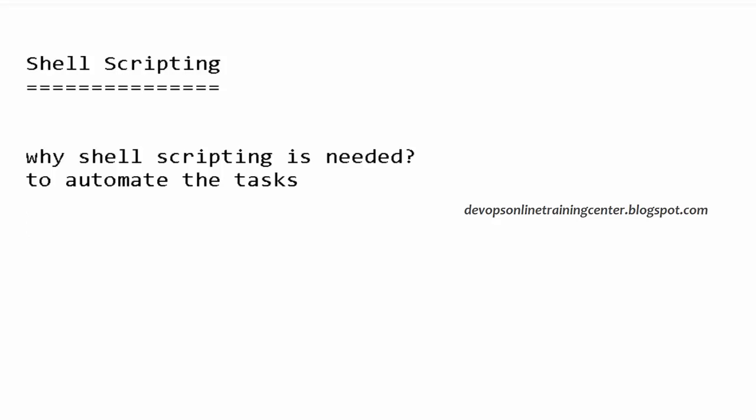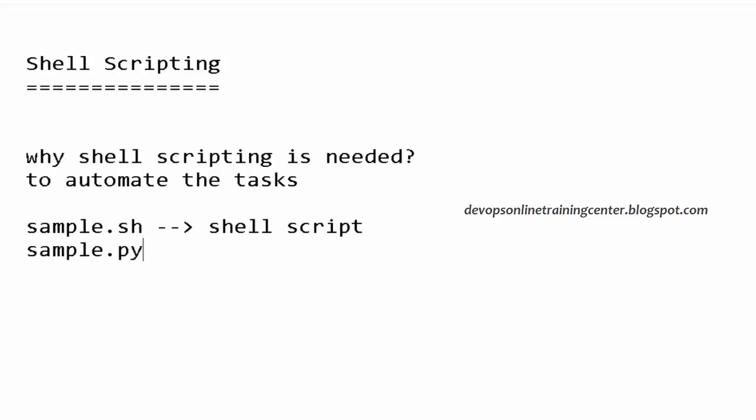Generally a shell script ends with .sh. Let us say sample.sh. This is a shell script. This .sh indicates that it's a shell script, right? In general the convention is that sample.py is a Python script, or sample.pl is a Perl script,